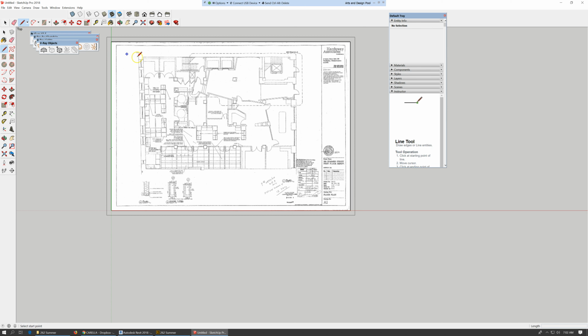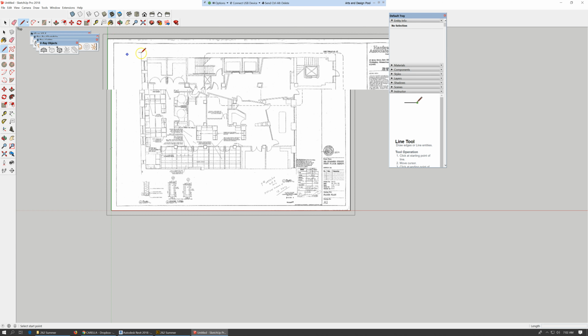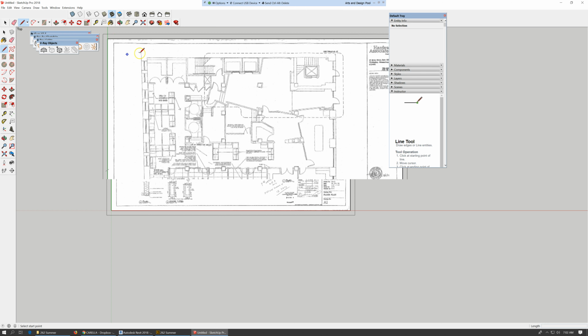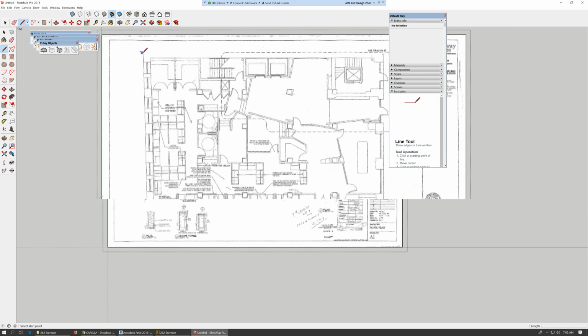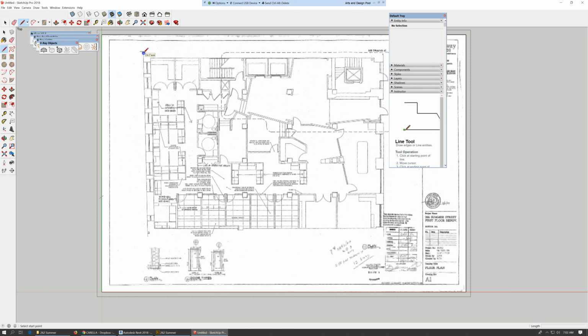Use the line tool, and I'm just going to go around the perimeter building. Notice that it lines up along the green and red axes, the X and Y axes, but it doesn't